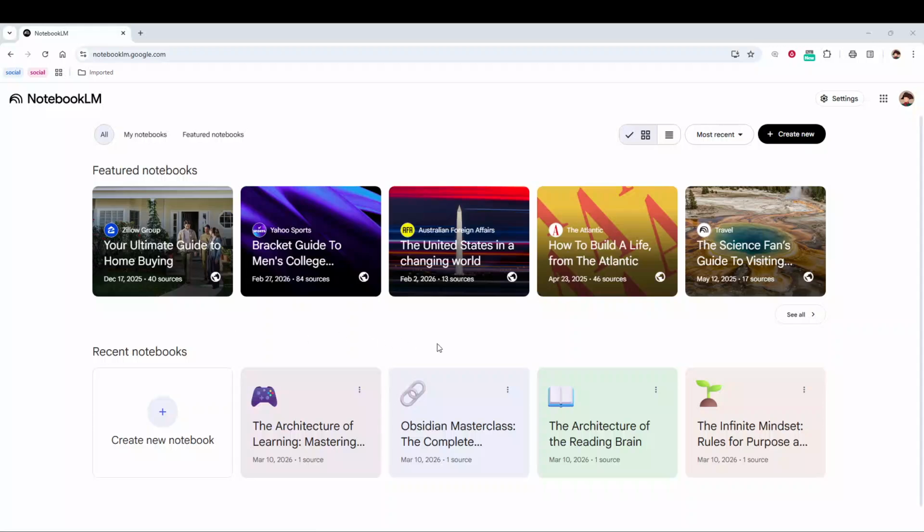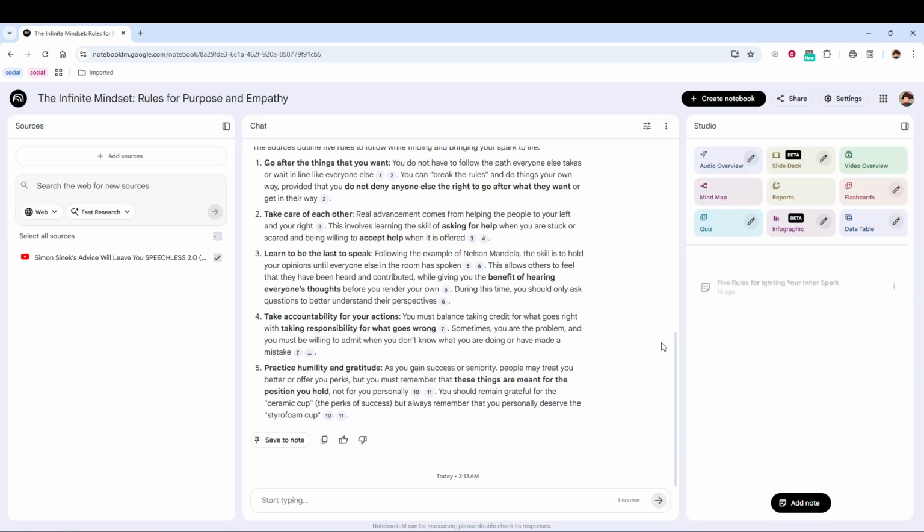In today's video, I'm going to teach you how to customize output in NotebookLM. To begin, open any notebook inside NotebookLM. You can use an existing project or a brand new one. The important thing is that you are inside a notebook view, where you can see your content and the tools